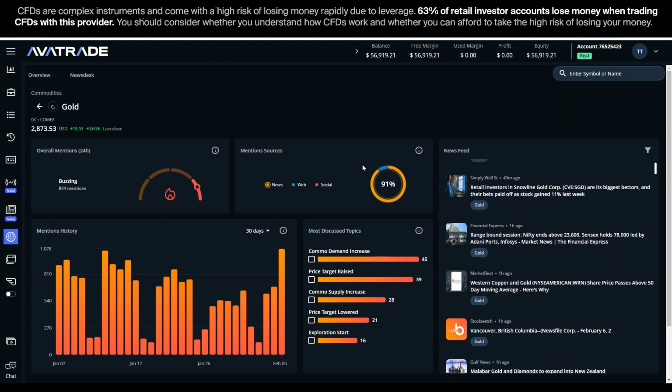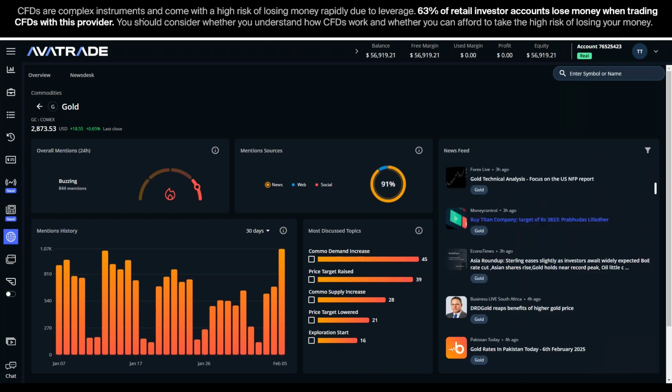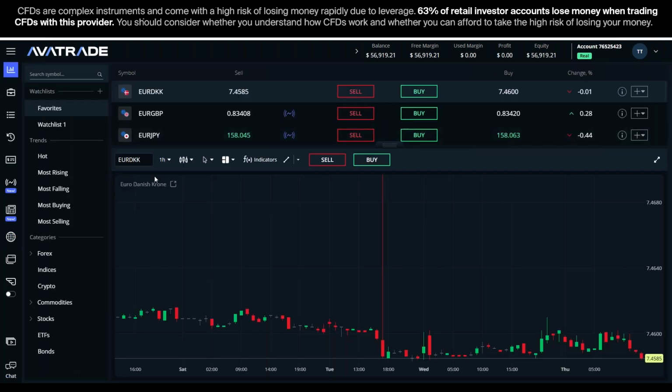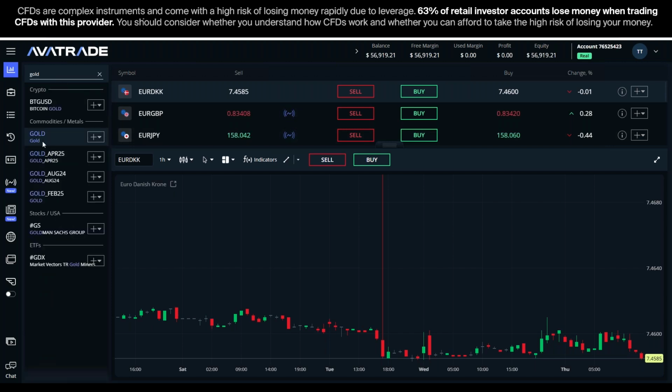Okay, and many times you have a trend prediction here as well, predicting whether they think gold will go up or down. Okay. Sometimes it just takes a minute for the trend prediction to pop up, or sometimes there's not a trend prediction for everything. Okay, so you could check back. Maybe there's a trend prediction like there was on Google when we looked at it. For now, there's no trend prediction loading, but you've got the news to read. And once you read the news, if you think, I think gold should go up or I think it should go down, you can simply go here and find gold. And I would be willing to bet there's a signal on gold.